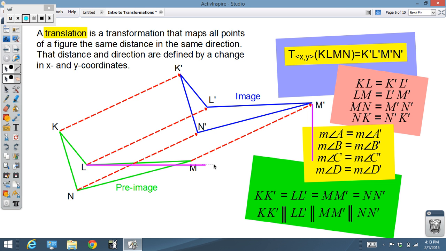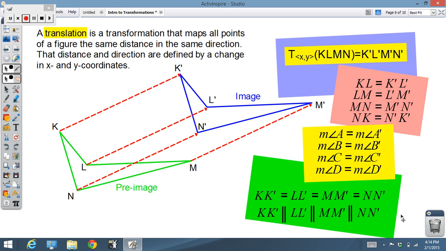Okay. You guys get the point. What we're doing here is taking the same distance over. There's m, same distance up in all of these cases to get from each of these points in the pre-image to the image. Okay, that's distance. Whatever is over in the x direction here, that's what I'm going to put here for the x. And whatever we move up in the y direction, this distance here, that's what's going to go here for the